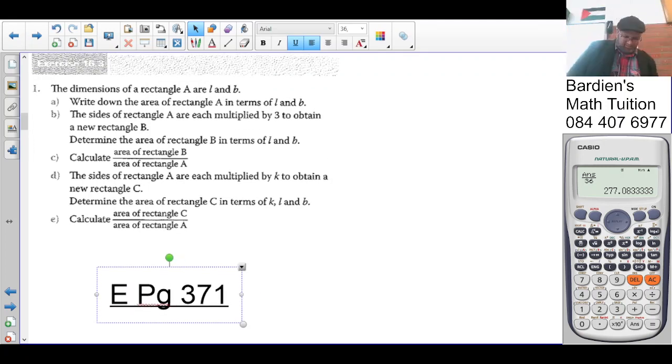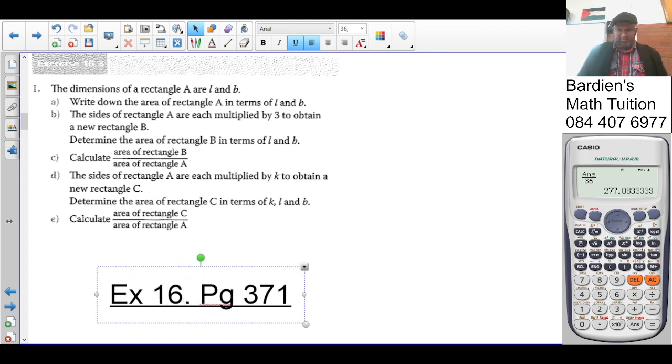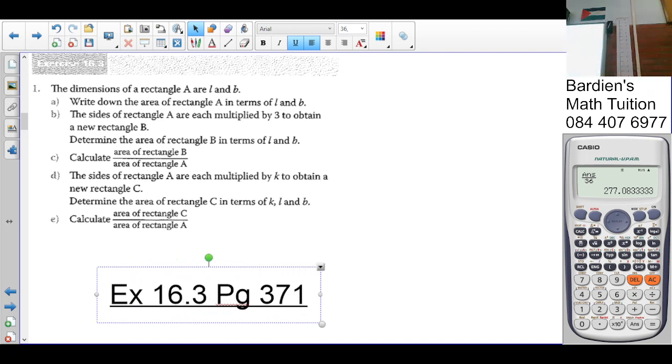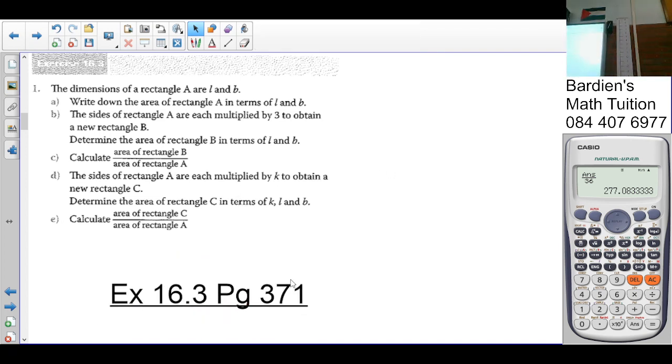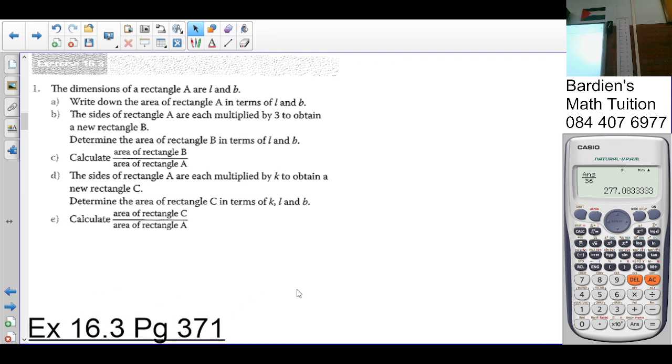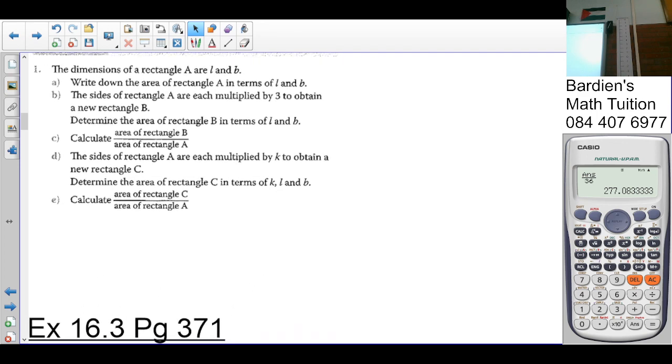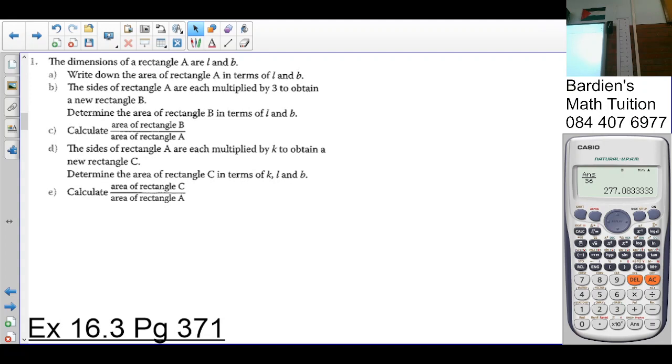Exercise 16.3. The dimensions of a rectangle A are L and B. Write down the area of the rectangle A in terms of L and B. So what would that be? Area is equal to length times